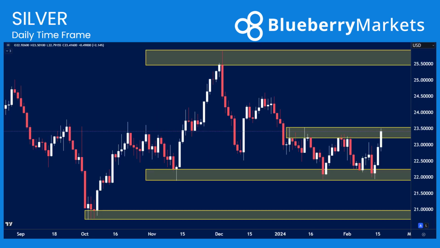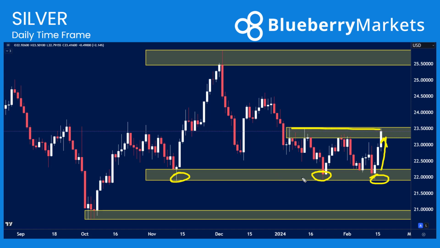Finally then, silver. We talked about silver last week. I like the idea of being long silver at $22. We can see price came back into this really strong level of support. Last week we also took a look at the gold silver ratio, which was showing that there could be a good potential for silver to start being a little bit more valued in the market over gold, and we can see we've had a very strong rally away from that level.